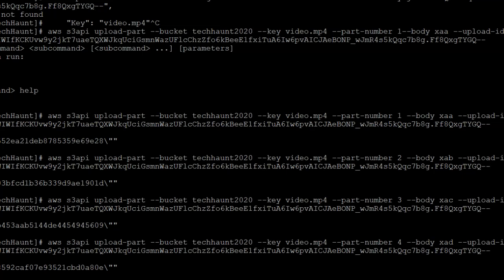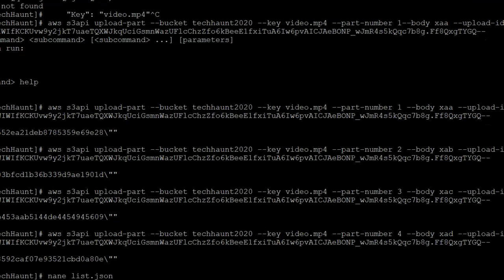Okay, I'm just copying it and putting it here. I'm just hoping this time there is no mistake. So let's see what it's going to do. It's just going to complete the multi-part upload. Whatever file name you are going to use, just make sure that the same file name is here. Then your bucket name, that's good.